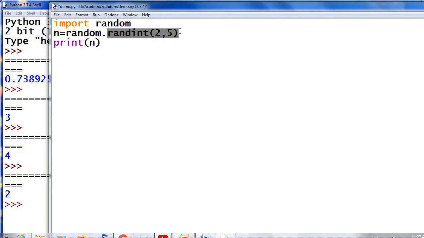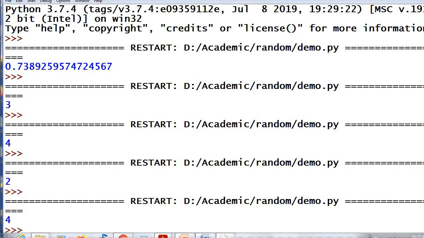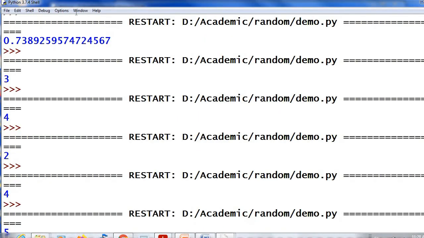Randint will generate random numbers between lower and upper limit, including both the values. This function is having two arguments, lower limit and upper limit. Four is generated. Five is generated.